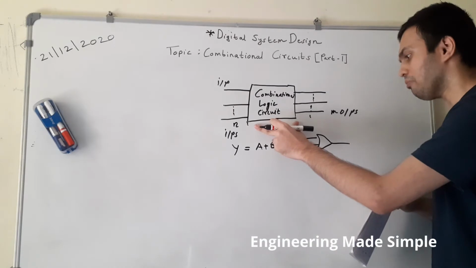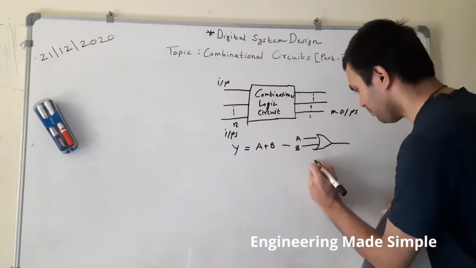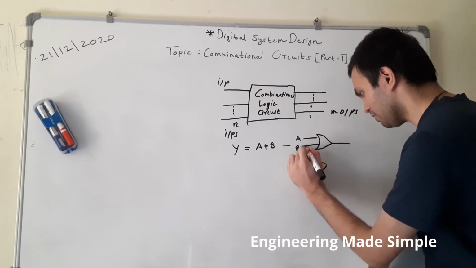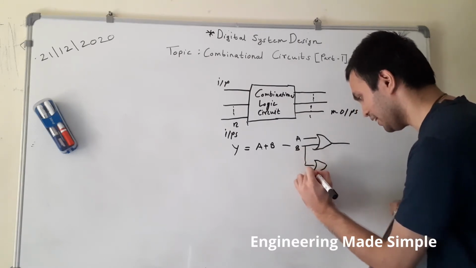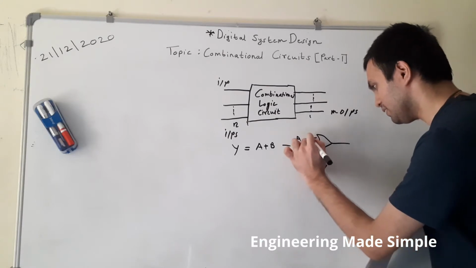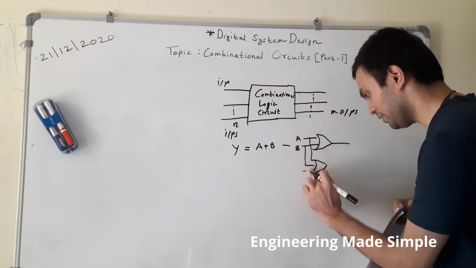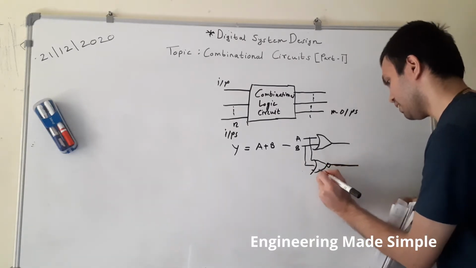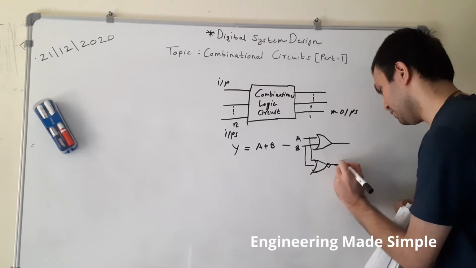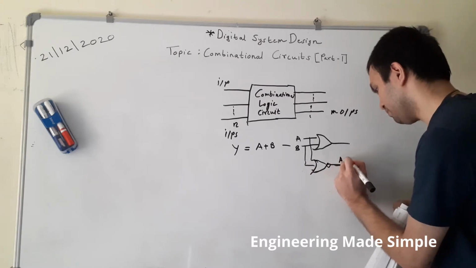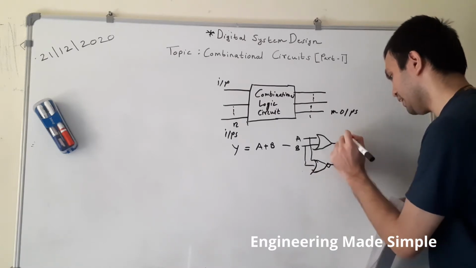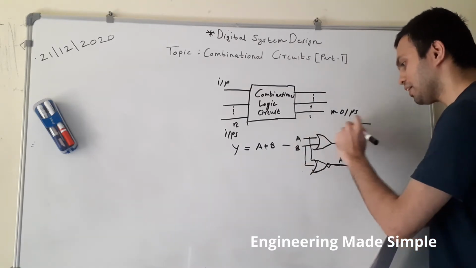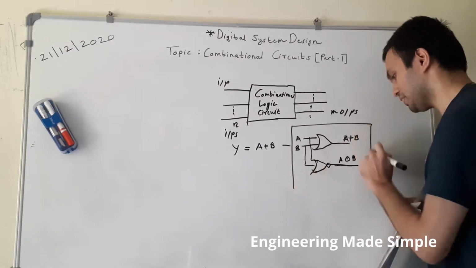So when I say combinational circuit, there will be a group of various things like this. Suppose I have a circuit like this. A is connected over here, and this is a NOR gate actually. So this will be nothing but A NOR B, and this will be A plus B. This thing together can be said to form a combinational logic circuit.